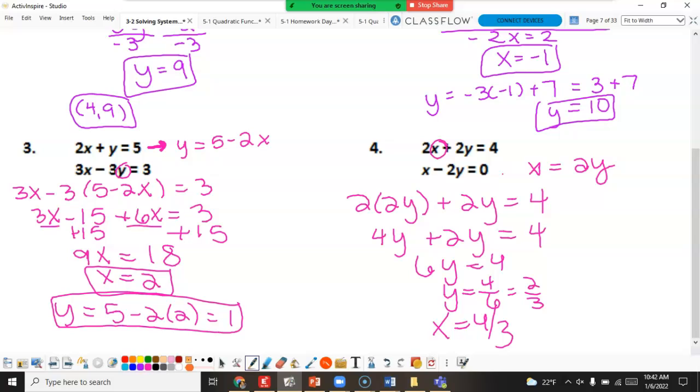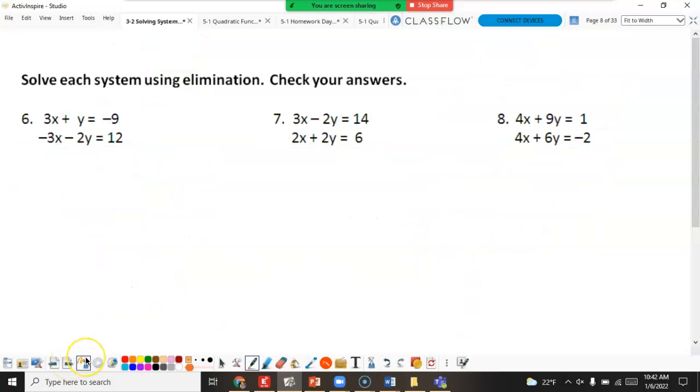So for substitution, we already discussed the best time to pick substitution is when you have a variable with a coefficient of 1, because you can easily solve for it. With elimination, what I'm looking for is additive inverses, meaning that when I add the equations together, I have opposites. So in this example right here, 3x and negative 3x are additive inverses. When you add 3x and negative 3x together, what do you get? 0. So what we're going to do for elimination is add the 2 equations together